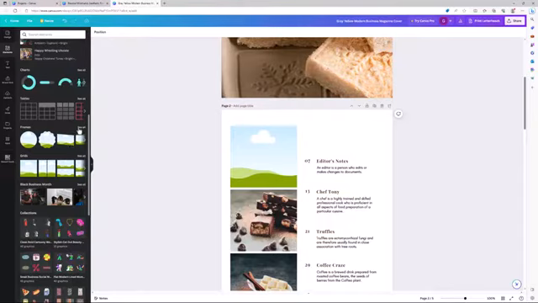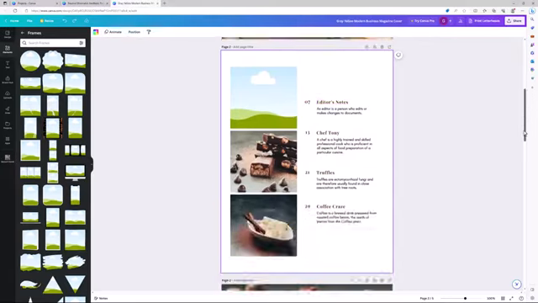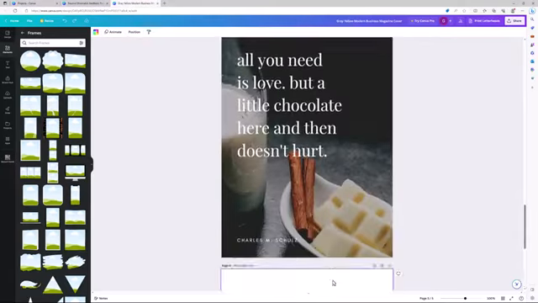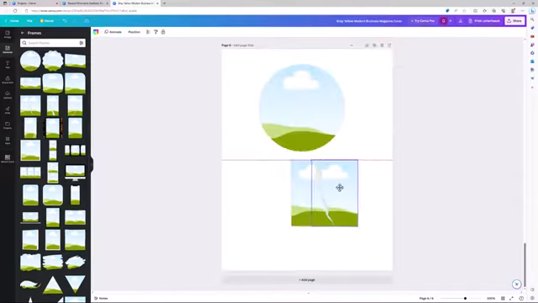So if I go under the See All option under Frames, then we're going to see lots of options: circular frames, frames with tears, all kinds of different frames. So let's actually just navigate down real quick to the bottom and create a blank page here, and I'll just add a couple on here. So there's a circular frame, there's one that has a rip, and then let me just back out of frames